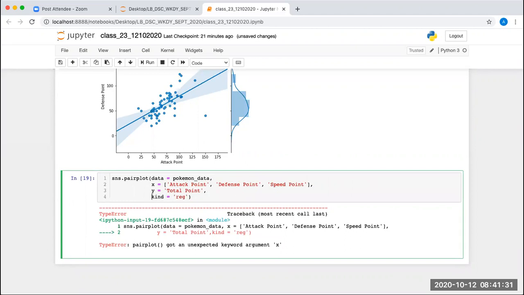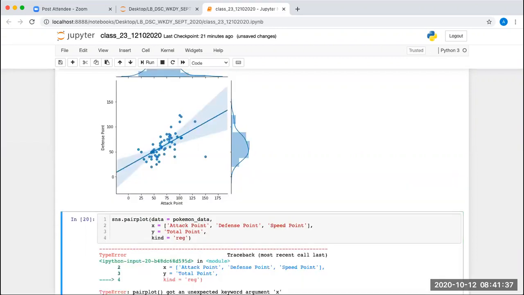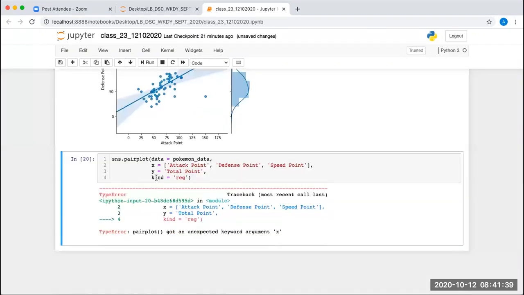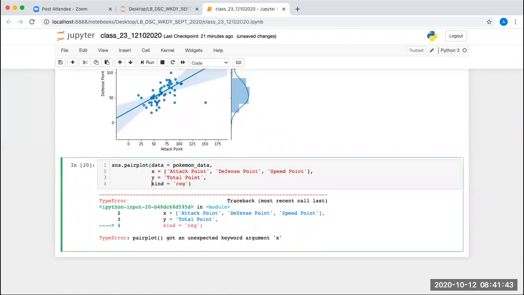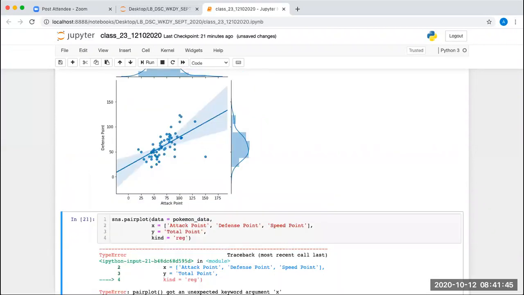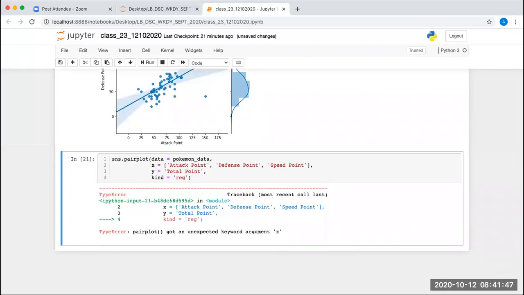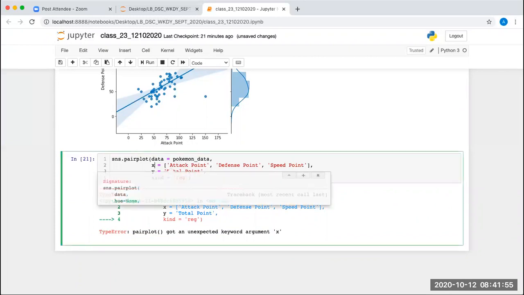Correct, right? Any error? Okay, this is X underscore VARS, I think.